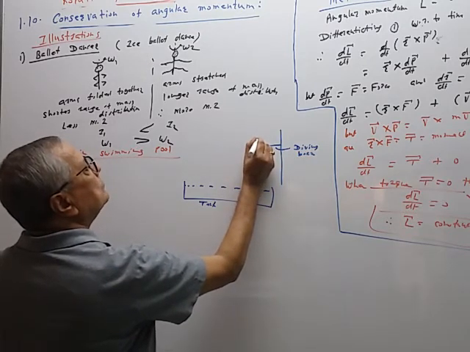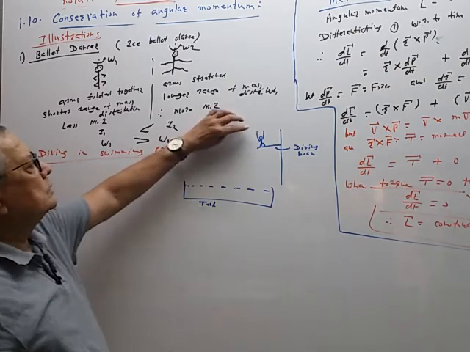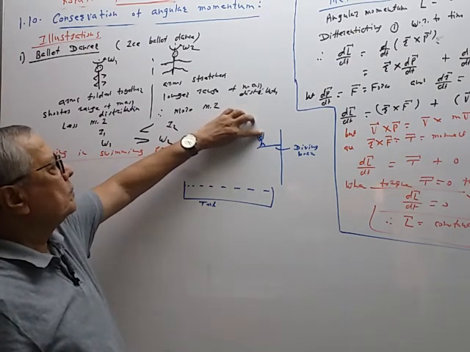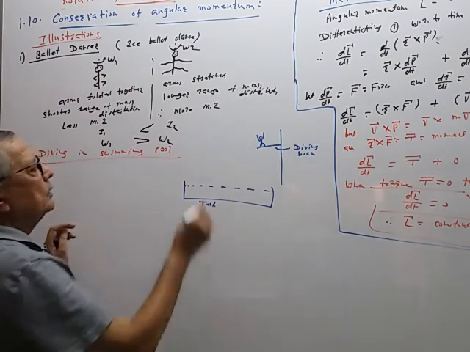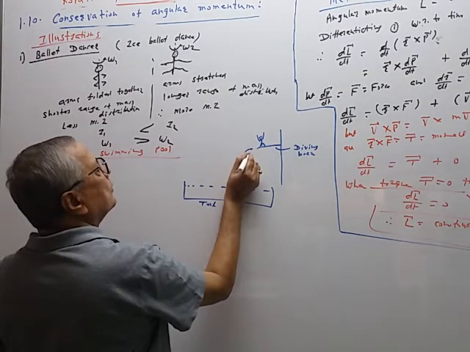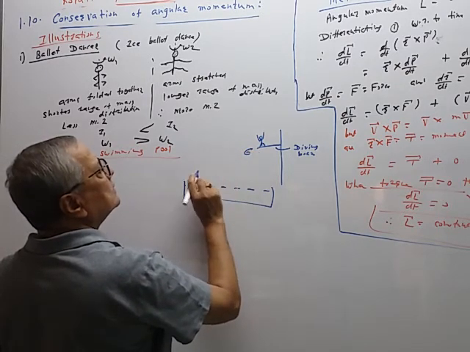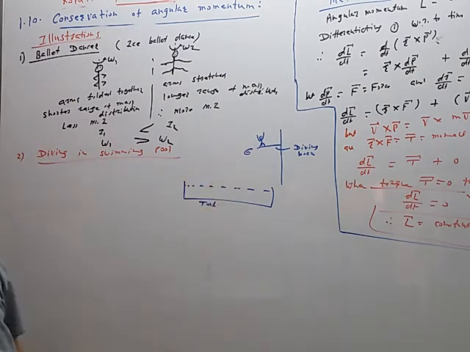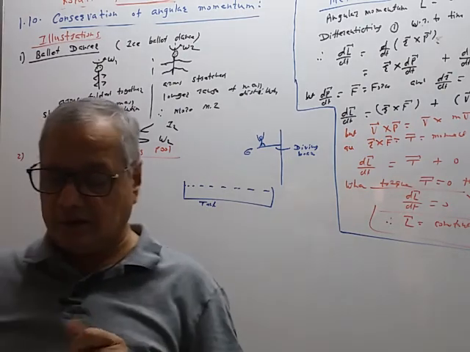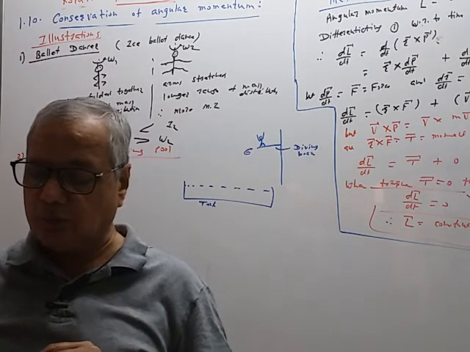So when the swimmer jumps from this height, his arms are straight like this. And now when he jumps from this diving board, he forms a loop of the body like this. So by contracting the body, the moment of inertia decreases. Moment of inertia decreases, therefore its angular speed increases. So he can make the stunt, you can say, entertainment show.